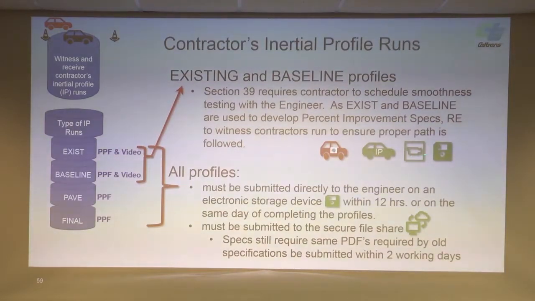Our specs also say we don't need an actual video. Most of these profilers they're selling now have the capability of taking a picture every X many feet, and we're saying every 52.8 feet. That's basically one reflector. Every time you're driving down the road, if reflectors are 48 feet apart, you'll see a picture at every reflector, right? So we don't need that many. We don't need huge files. We just want a photographic record. So we'll get that video or those pictures every 52.8 feet for the existing and the baseline.